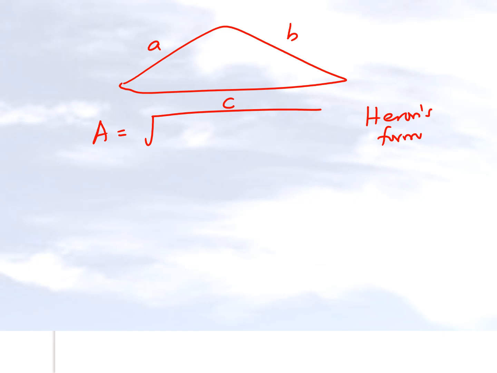The alternative way of doing this is, A, this is B, this is C, and then we know the area of a triangle by Heron's formula. This is Heron's formula. You can go to Wikipedia to find what this formula is about and how it was proven. It is simply the square root of S times S minus A times S minus B times S minus C. We already know A, B, and C are the three lengths, but what is S? S is the semi-perimeter of the triangle.